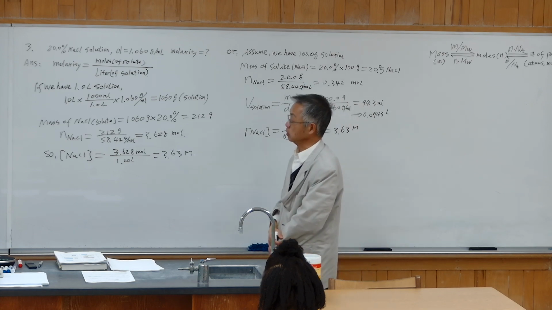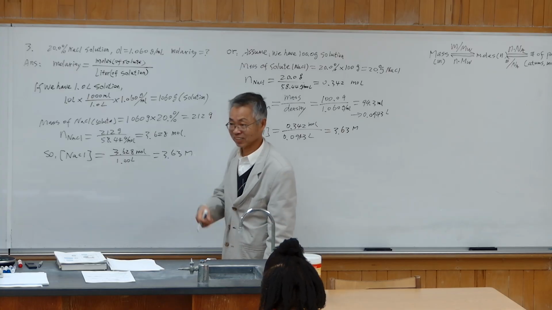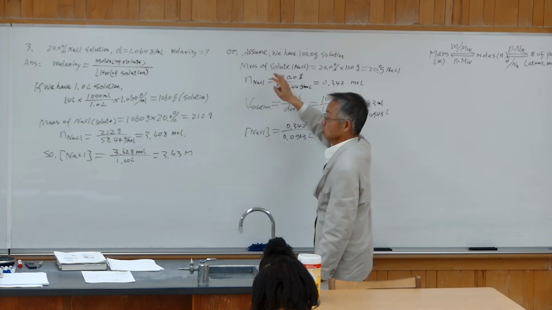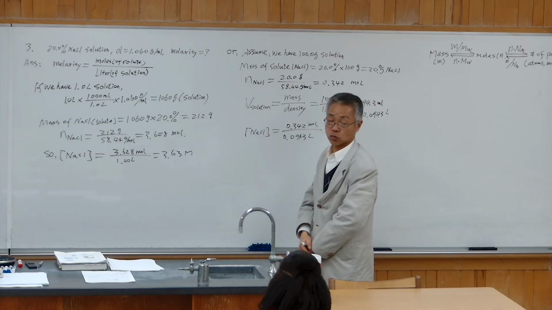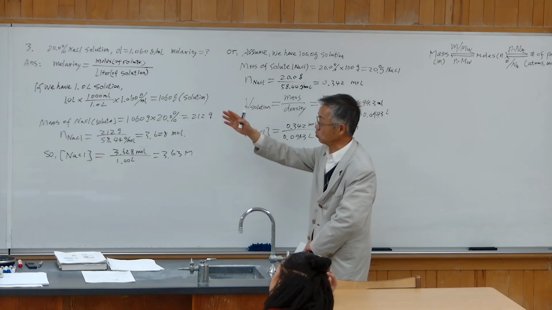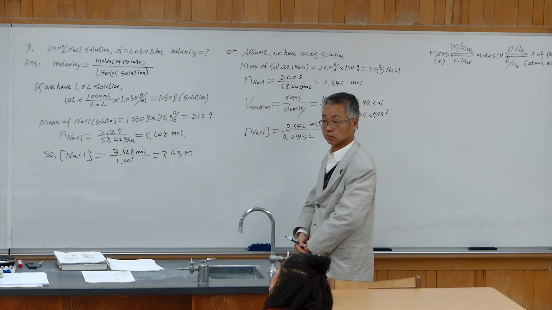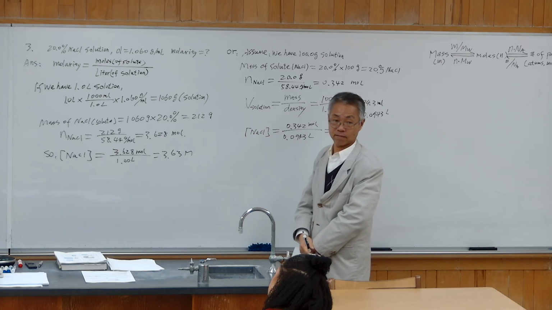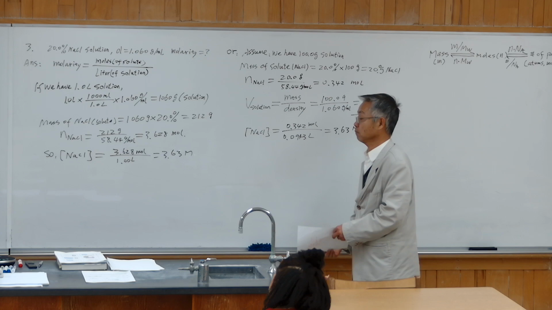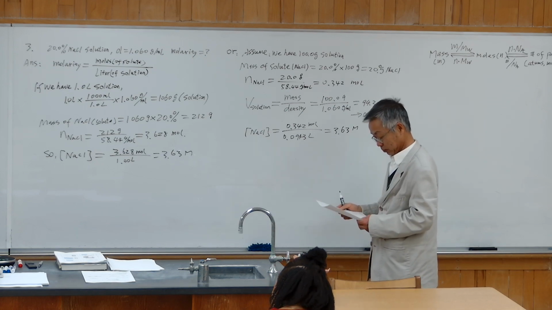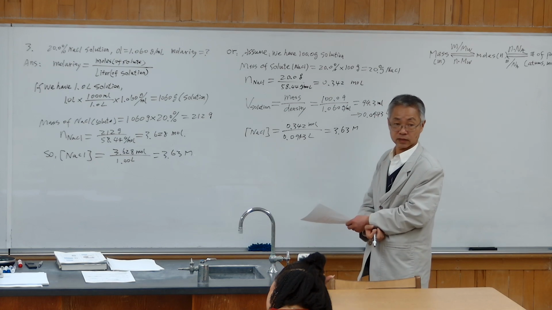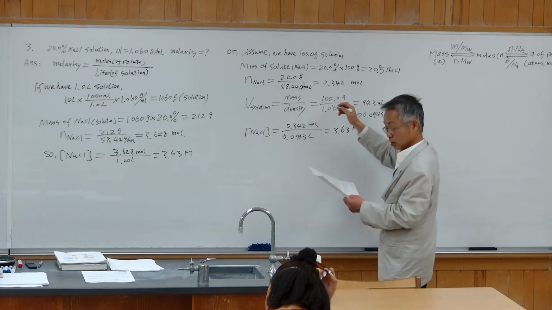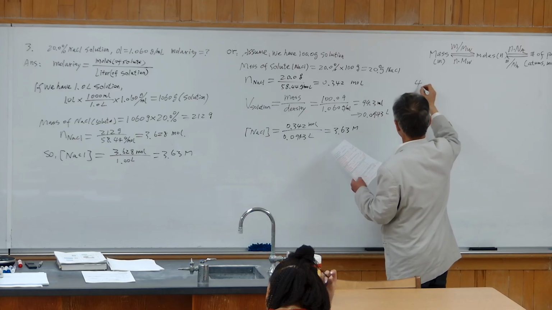So either you assume 1 liter of solution, based on volume, and easily get moles, or you assume 100 grams, or you can use 1,000 grams, it does not matter. Based on volume or based on mass, pick whichever you feel is easier. Each step is worth some points, and these are all necessary steps. If you're okay, then the next question is about